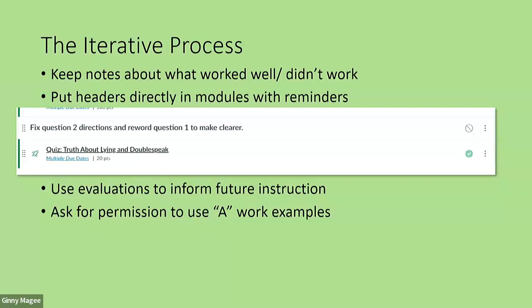Something that I have done is put headers directly in the module. I had a test where I needed to fix a question, and I just put a text header right in the module so that when I go to replicate it again for the fall, I'll see that and know that I need to fix question 2 and reword question 1. Especially with quizzes, you don't want to mess with them. If it's actually in your class, going in and fixing it can just cause all kinds of problems. So it's better